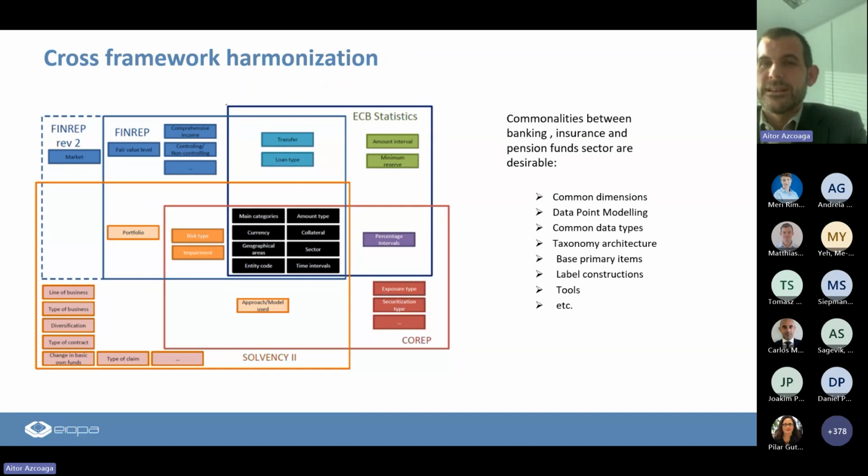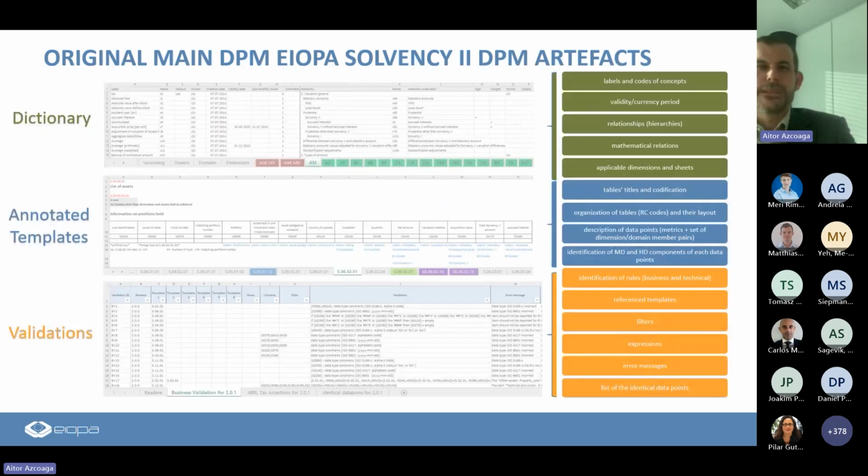One of the things discussed at the time was that the DPM will help to harmonize the different definitions. So there was this slide combining the areas that we have in banking and insurance. Today I say, okay, maybe I take it, because it has taken time for the insurance sector as well, but I think it's the point in time where we may start to work more on this cross-sectoral level definition and this single dictionary. As I say, we already have something with the ECB, but now we will go beyond.